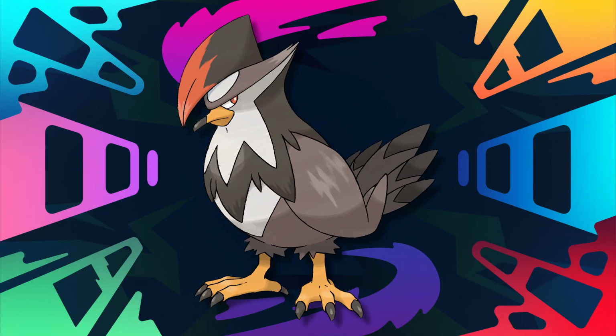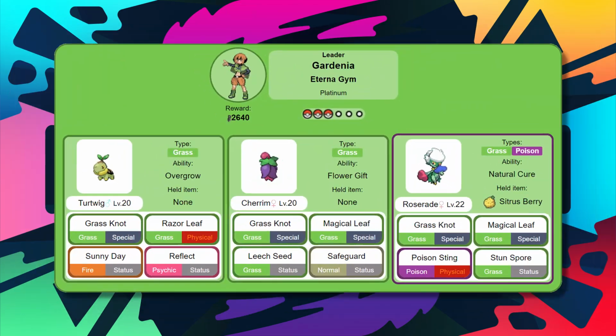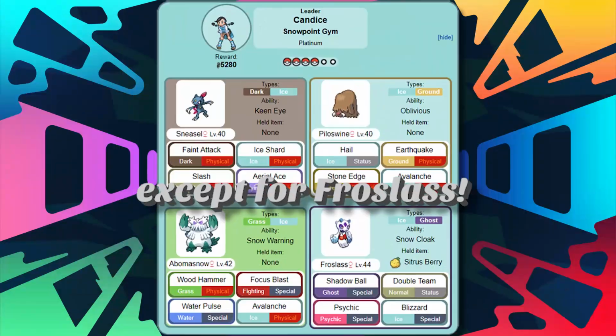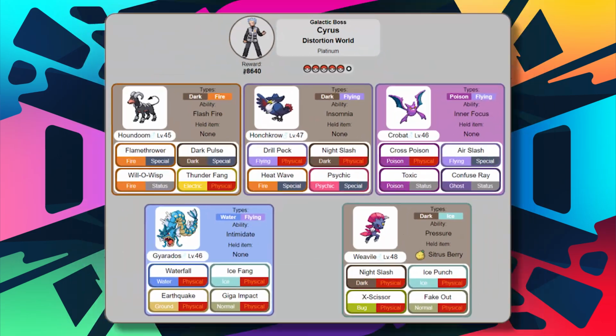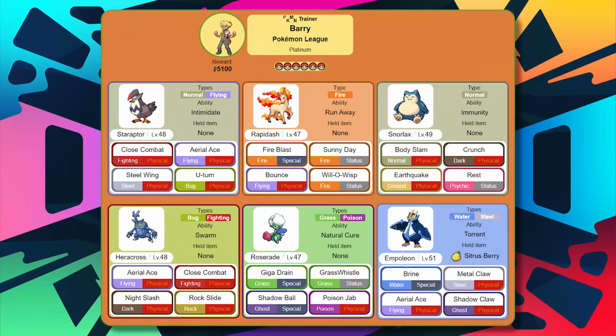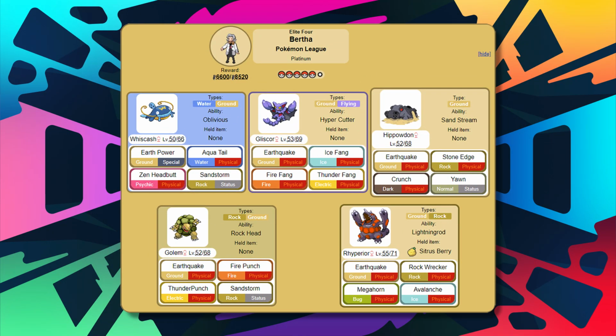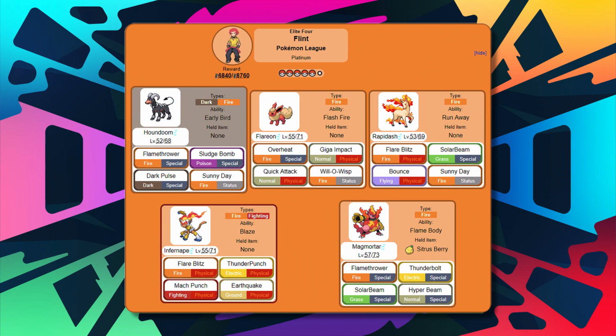So with these moves, Staraptor will be able to do well against Gardenia's entire team, Maylene's Meditite and Machoke, Byron's entire team, Candice's entire team but be careful, Cyrus's Weavile and Houndoom, Barry's entire team except Rapidash and his Staraptor, Aaron's Yanmega, Heracross and Vespiquen, Bertha's Rhyperior and Golem but be careful, Flint's Infernape and Houndoom, Lucian's Gallade, and Cynthia's